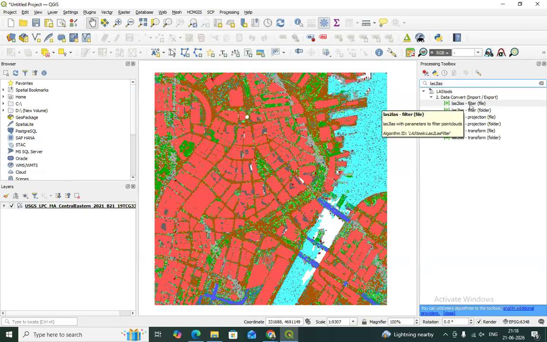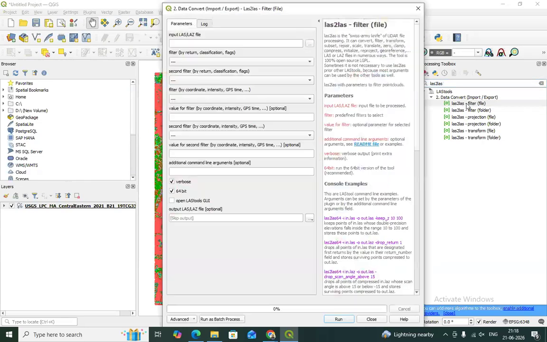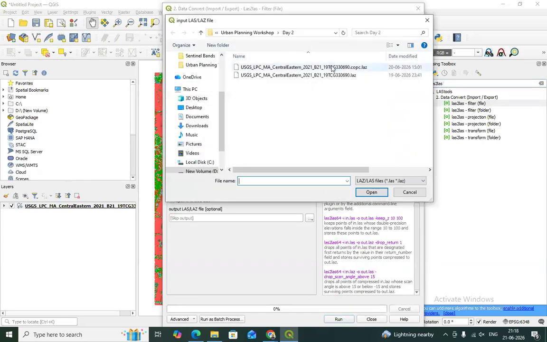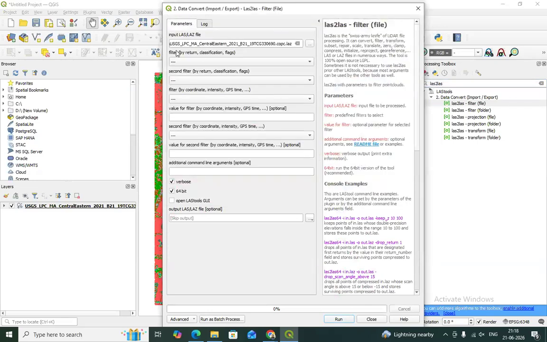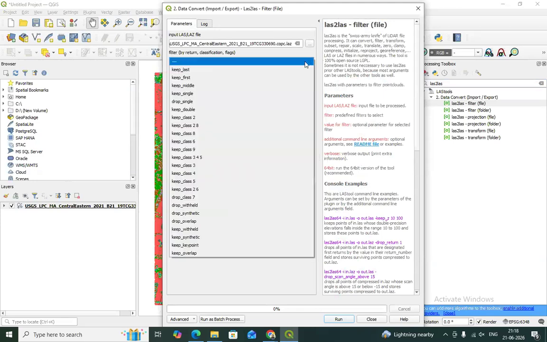This is a kind of filter, a filter for the file only. I select this option, and it comes under data convert and import. So double click on this option, select the las file again, open it, and then you have to select the particular feature you want to extract.